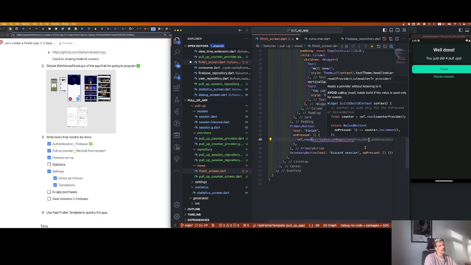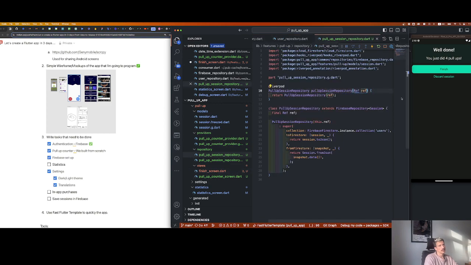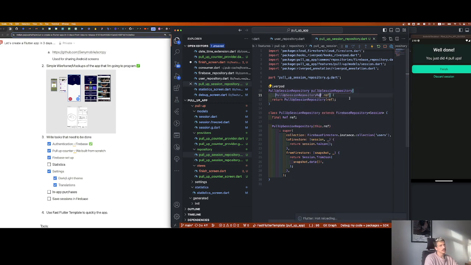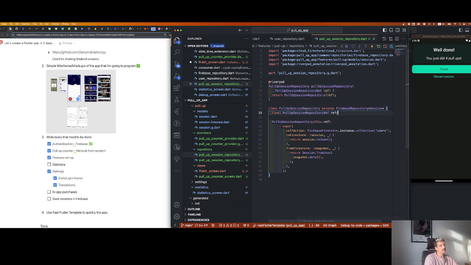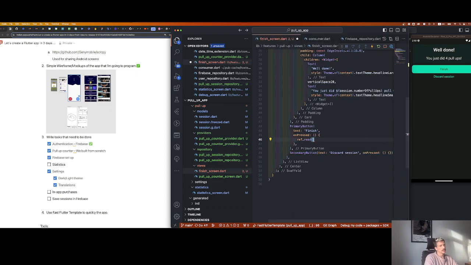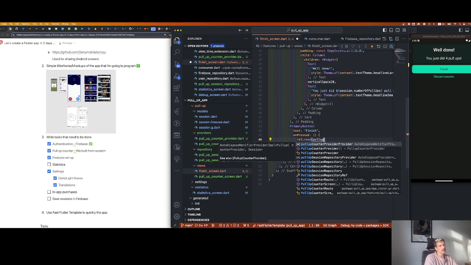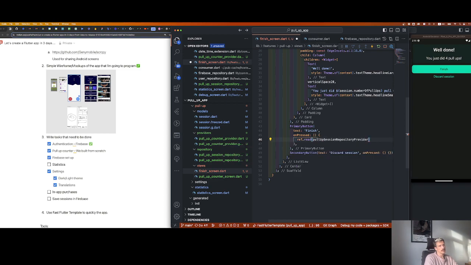Okay. Now we can also change the type to a proper type. That's good. And we can here pull up session repository provider like this. So this will just get out the pull up session, and we can